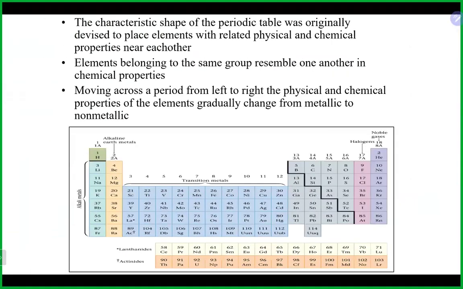So as I mentioned before, as we go from left to right on the periodic table, we go from a more metal characteristic to a non-metal characteristic. You do need to know where groups are on the periodic table. You need to know the proper numbering of the 1 through 8 groups. You do need to know where periods are on the periodic table, where metals, nonmetals, and metalloids are on the periodic table. You need to know the names of the groups: alkali metals, alkaline earth metals,